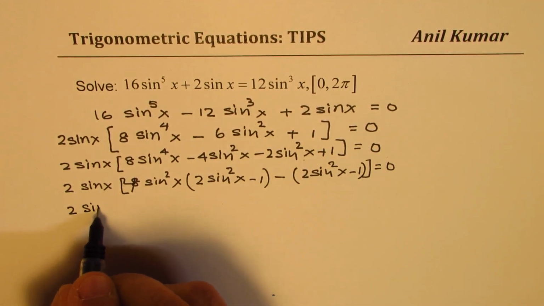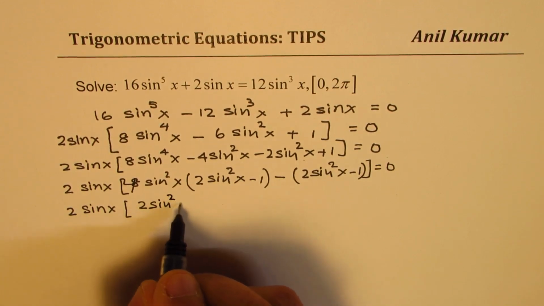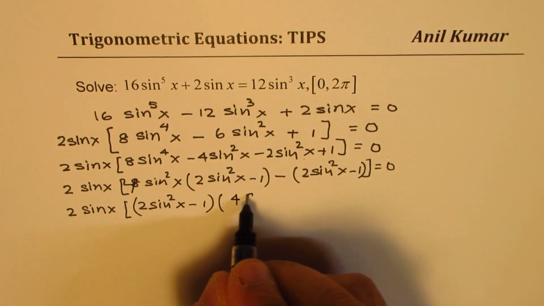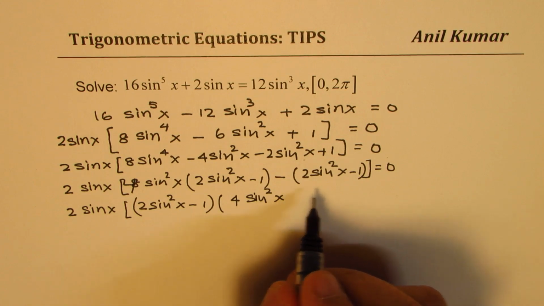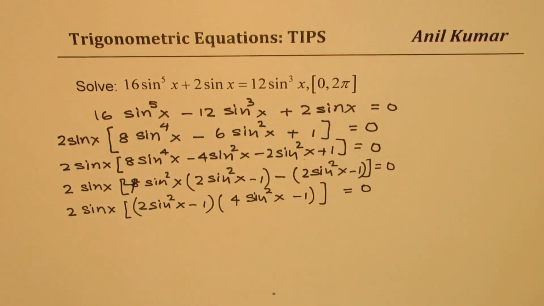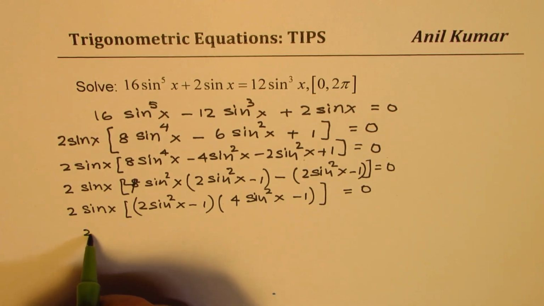So we get 2 sine x, and 2 sine square x minus 1 is a common factor, giving us 4 sine square x minus 1 as the other factor. So that gives you 3 solutions, right? So one is that 2 sine x